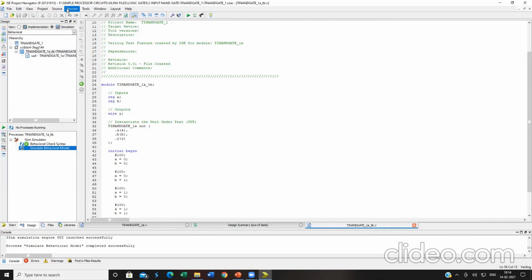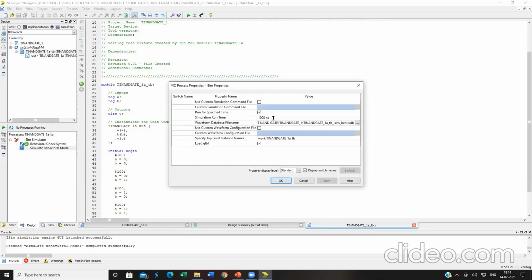Then go to the option called process. The simulation radio button must be enabled. Go to process, click on process properties. Here it will ask what the simulation runtime must be. Because of this you could see 1000 nanoseconds appearing over there. Up to 1000 nanoseconds will be my simulation runtime. Beyond it, it will not come.